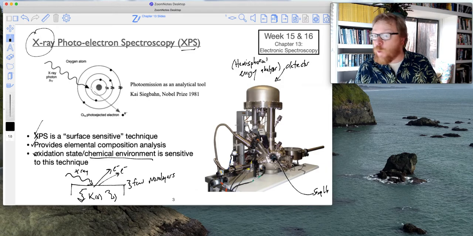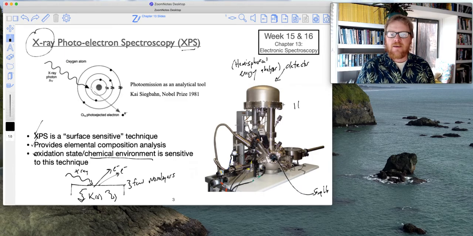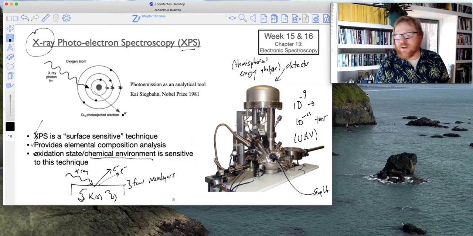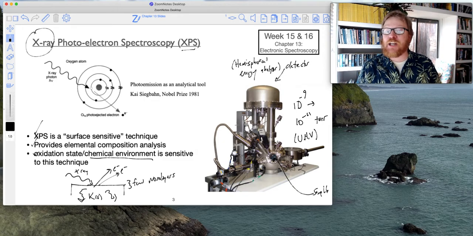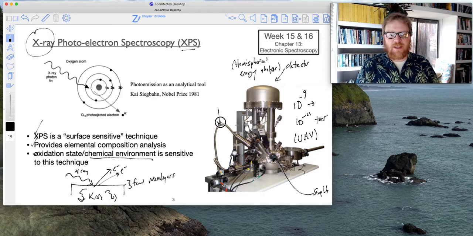And typically there's a little window viewport into this vacuum chamber. So this entire thing needs to get pumped down to about 10 to the minus 9 to 10 to the minus 11 torr. So we call that UHV. That is ultra high vacuum. 10 minus 10 torr, roughly, okay? That is challenging, to say the least, to get a vacuum system to pump down to a pressure like that, okay? So here is the X-ray gun,